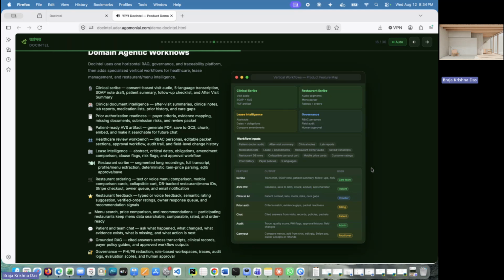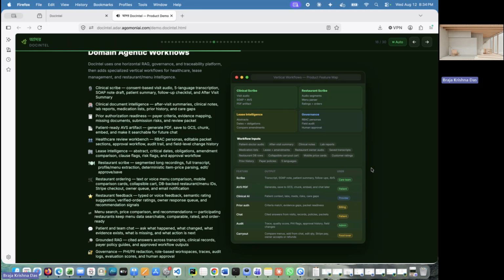Restaurant owners process paid submitted orders, and when a paid order is rejected, DocIntel attempts the Stripe refund before marking it rejected. Voice feedback is transcribed, editable before submission, and semantic sentiment can suggest a rating, tags, and topic signals. Verified order feedback updates rating badges. Restaurant owners can respond in a feedback queue, and recommendations use menu match, price, ratings, verified feedback, and intent-specific sentiment